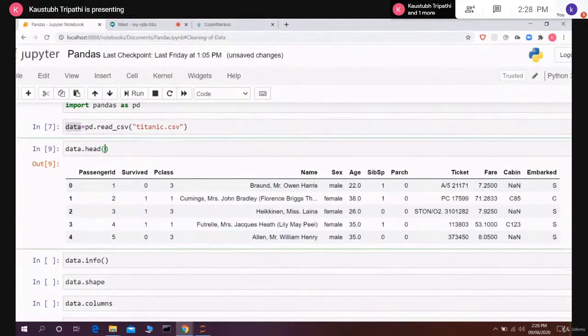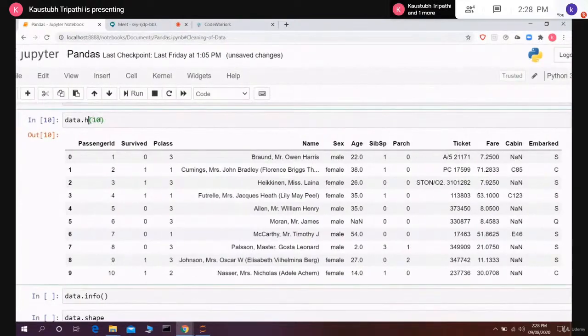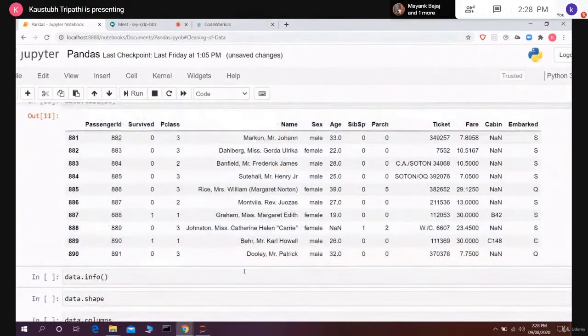If you want to change it, you can just give it 10 rows. So it will now give you 10 rows of that data. Okay, so that's the feature of data.head, meaning we are taking the head of that data. Now, if we want to see the last values of the data, then we use a method called tail, data.tail. And if I press enter now, you see I got the last 10 values of my data.